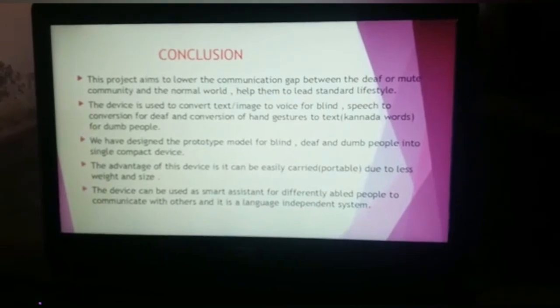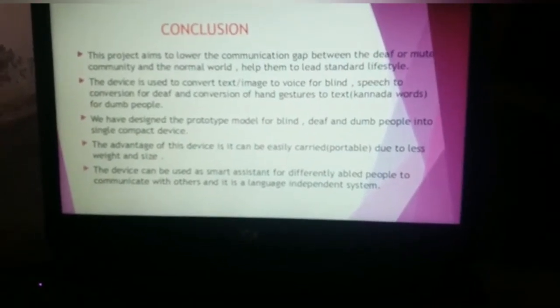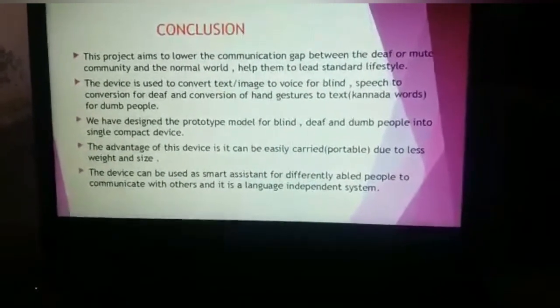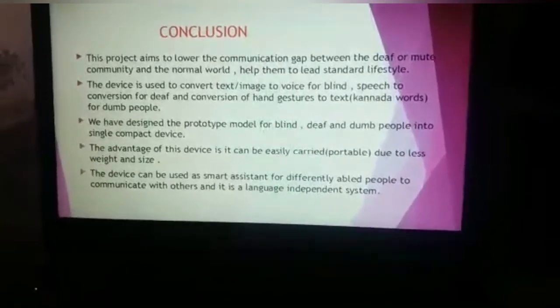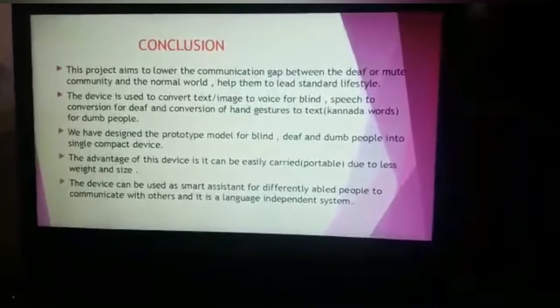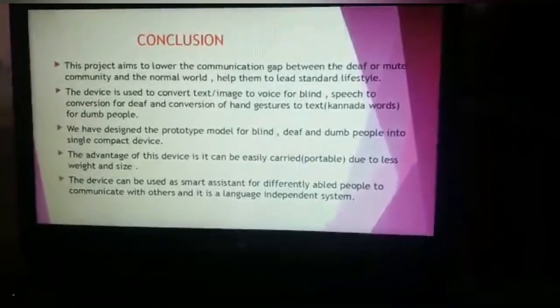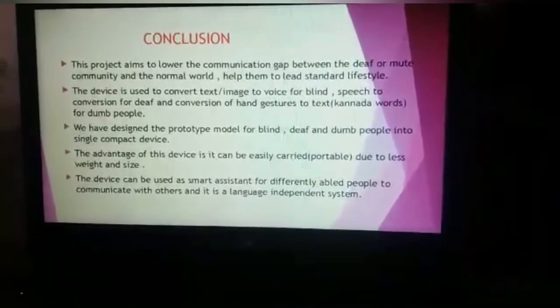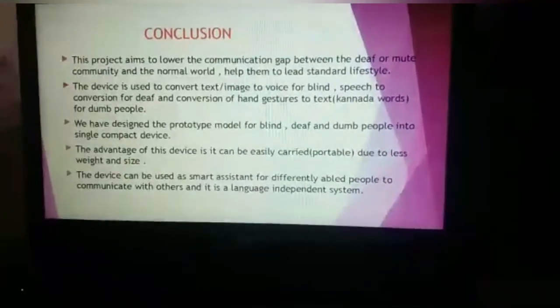This is Nandini. Next slide is conclusion. This project aims to lower the communication gap between the deaf or mute community and the normal world, and help them to lead a standard lifestyle.